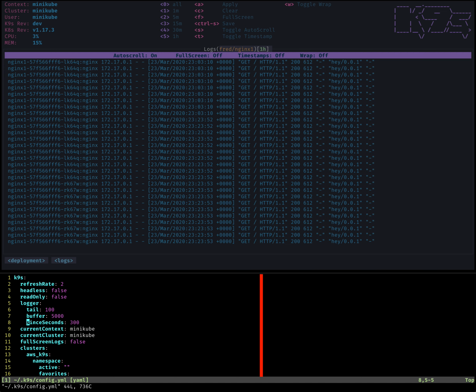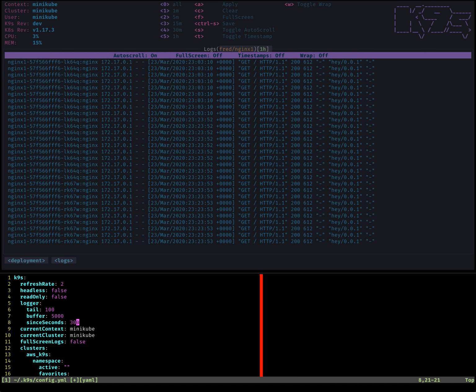Based on the log timeline, you can specify how many seconds to go back here. Here I've got 5 minutes set, and you can change that number, noting that if I specify the number of seconds to be -1, then this will show me all the logs available. So be careful with this option.